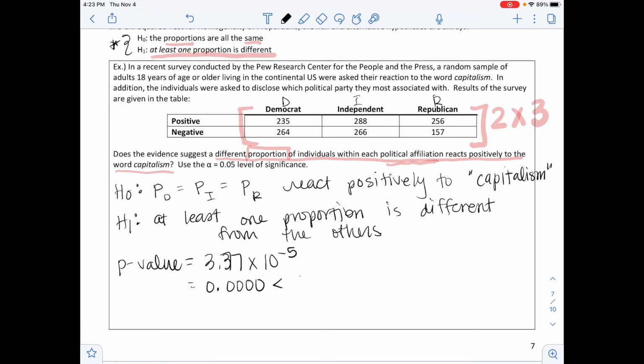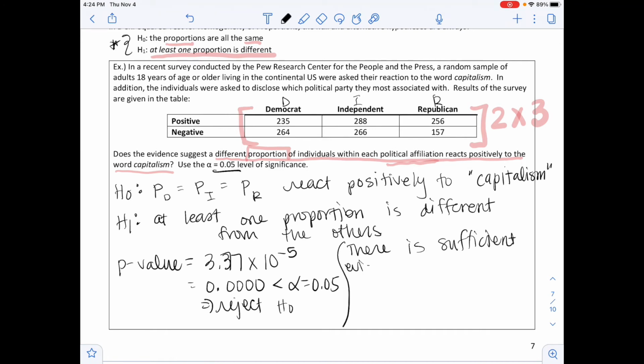And this is definitely less than our alpha value, and alpha was given to us as 0.05. And so this means we are going to reject H naught. So from here we need to write a conclusion, and we're going to go ahead and say there is sufficient evidence at the alpha equals 0.05 level of significance to conclude that at least one